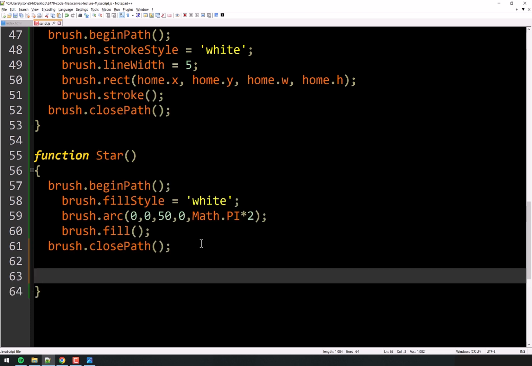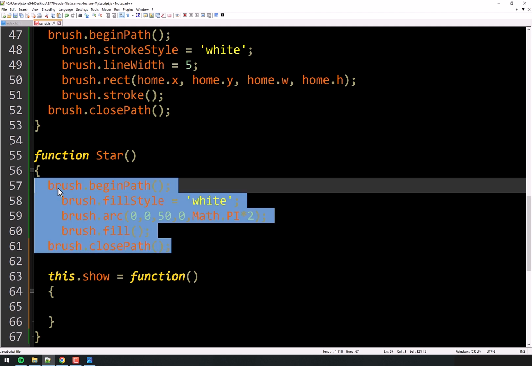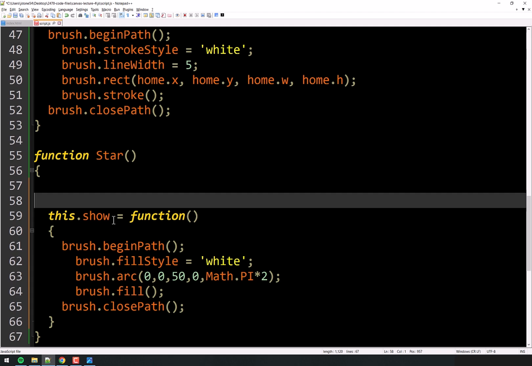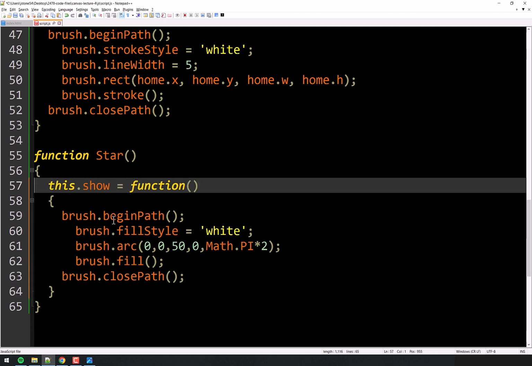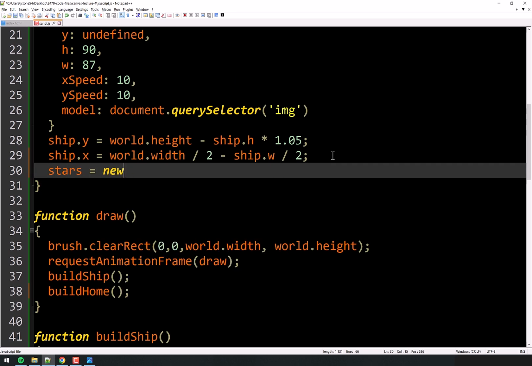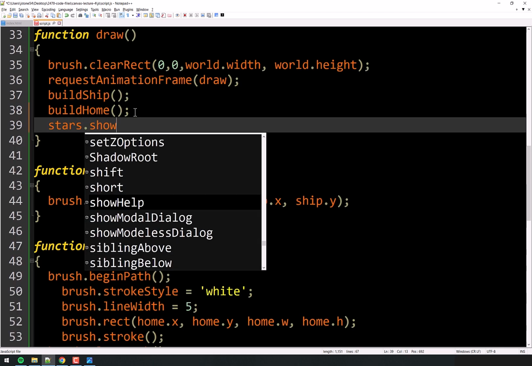And then we'll make a show function here. this.show equals function. Forgot we're doing a constructor function here. We'll move all of that into here. Every time we call star.show, or whatever we call the star we're going to make, it will display this. So let's just start with a basic thing here. We're not going to do anything fancy. We're going to say stars equals new Star, and then down here, we're going to say stars.show. Okay, I refresh. It put that little circle there, and remember, the 0, 0 is right there. That's the center of the circle.